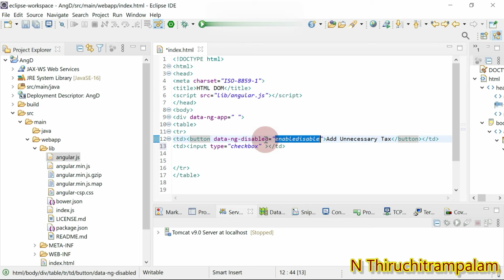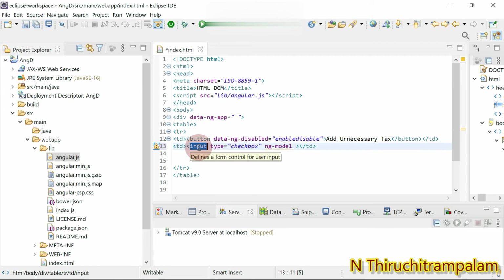I'm going to bind this model to an HTML element, that is input. So how do I bind? Here using ng-model, I'm going to bind this disabled model to this HTML element.